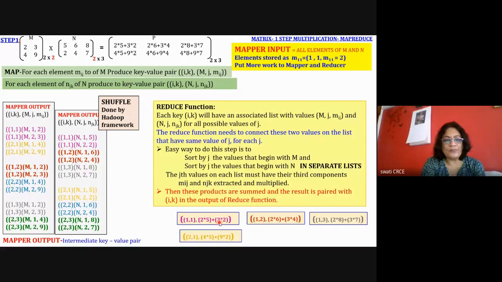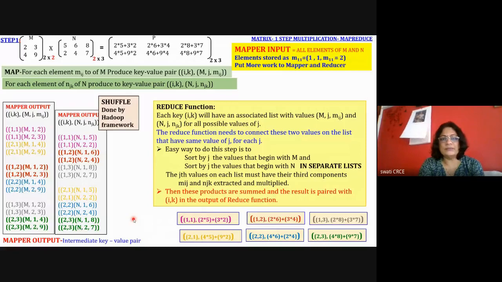Then the second row first column is the orange color keys, shuffled, then multiplication is done and summation is done. Then the blue color keys, 2 comma 2. Second row, second column is 4 into 6 plus 9 into 4. Okay, like this, the output is stored by the reducer.